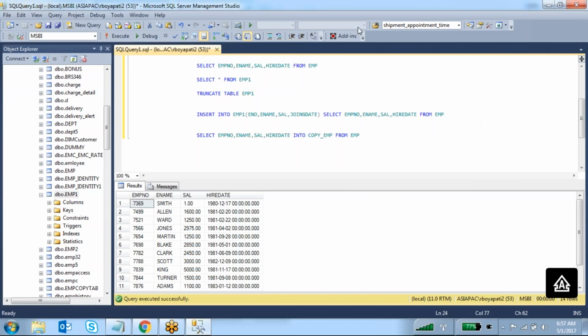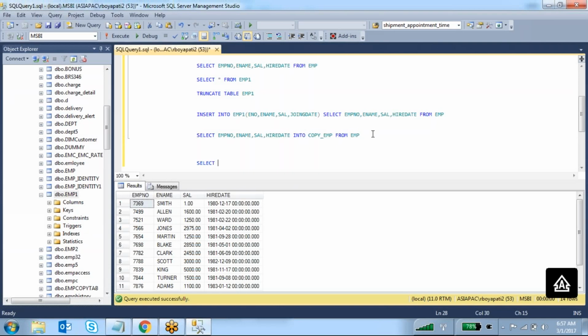Okay, so I am going to create a table. The table name is copy_emp. This table will take the structure and the data from the emp table. So what are the list of the columns you want to take from the emp table? Those are employee number, employee name, salary, hire date. Okay, right. Till now I don't have any table with the name copy_emp.